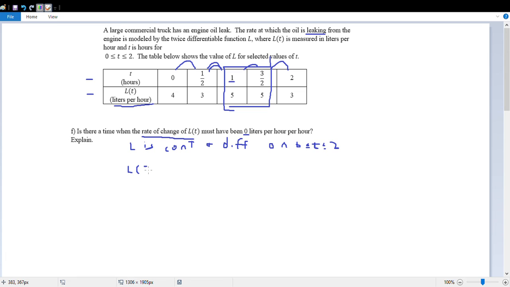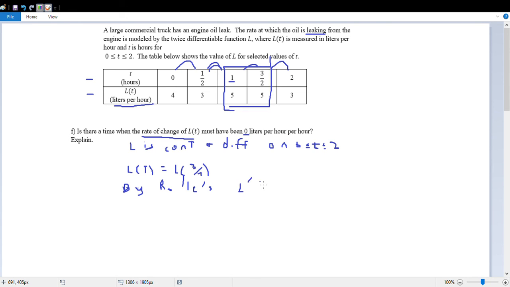L of 1 is equal to L of 3/2. So because it's continuous and differentiable, and I've got L of one t value equal to L of the other t value, that means the rate of change between those two values is 0, so I could use the mean value theorem here, or I can use Rolle's theorem because they're equal. Either one works, but it's a little less writing to say by Rolle's theorem, there is a time